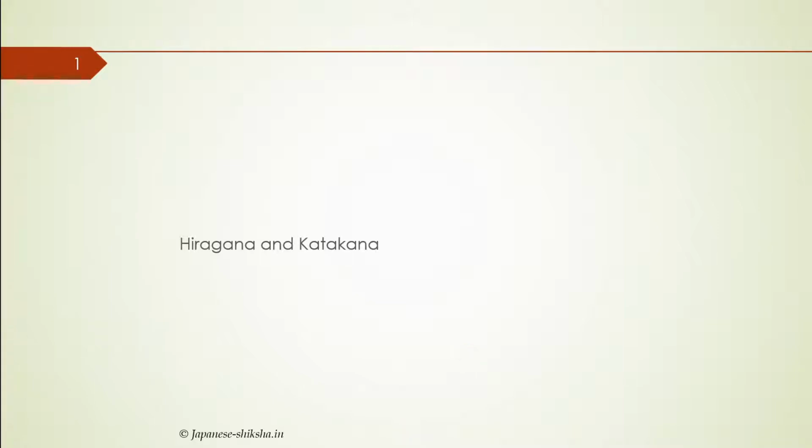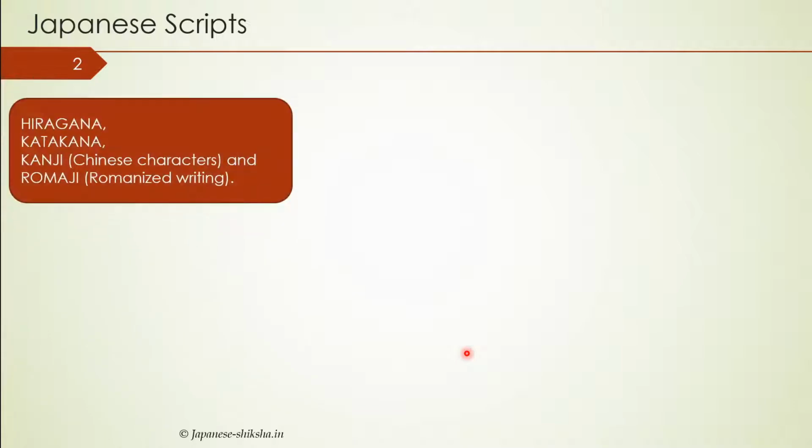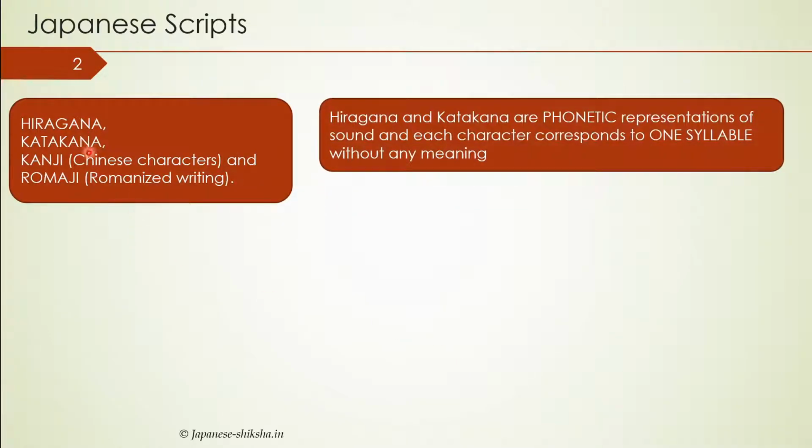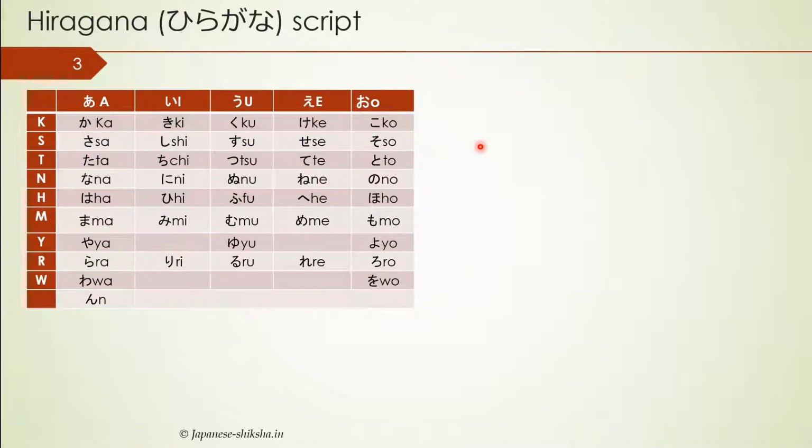Okay, moving on. Let us revise the basic concept. Hiragana and katakana are nothing but syllables, like the alphabets of the English language, A, B, C, D. These alone don't have any meaning, but when they are combined, they form the various words that we are making. The basic syllables that we have are A, I, U, E, O.